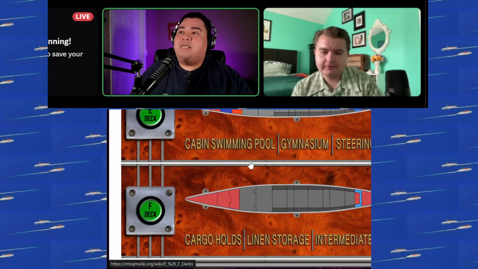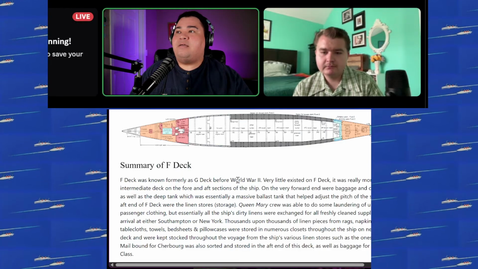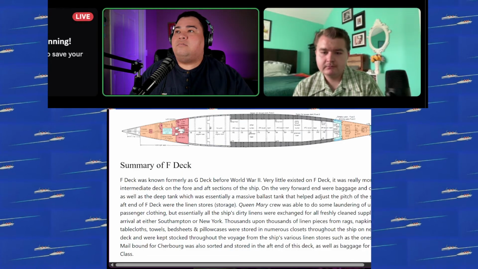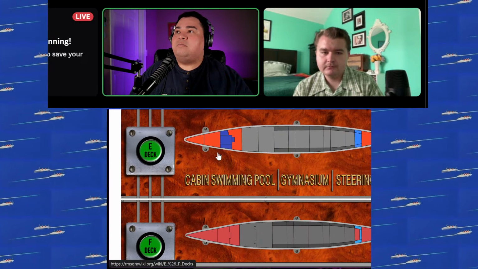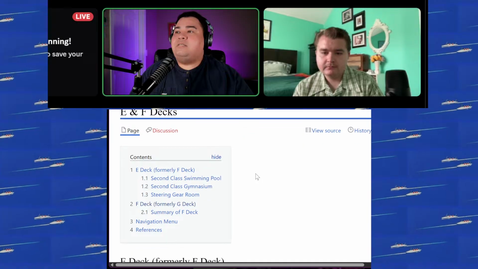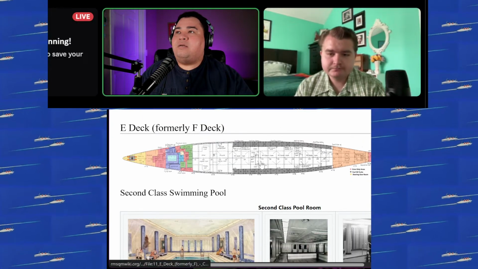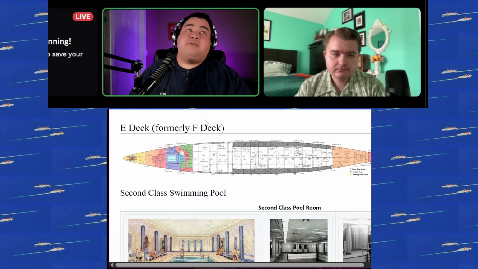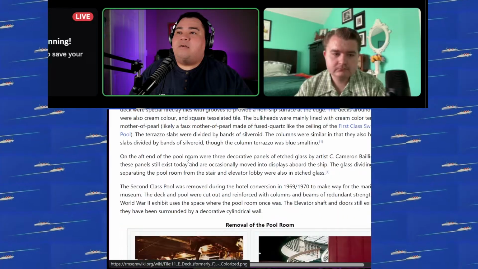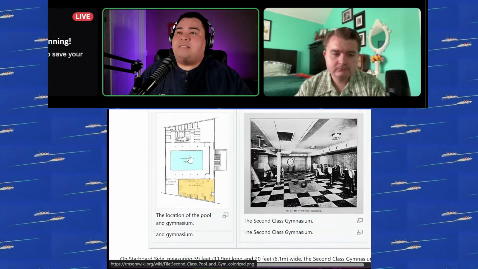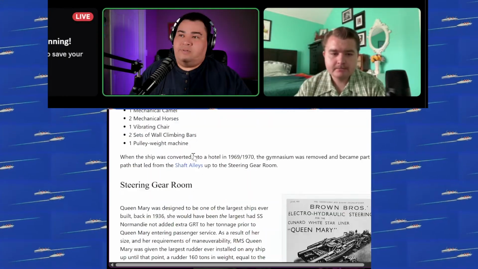Technically it should be here on F deck. No, that's the wrong one. It's got to be E. There we go. On E deck, the reason I thought it was F deck is because E deck used to be F deck. On E deck, there were places for alcohol and all the storage of that.